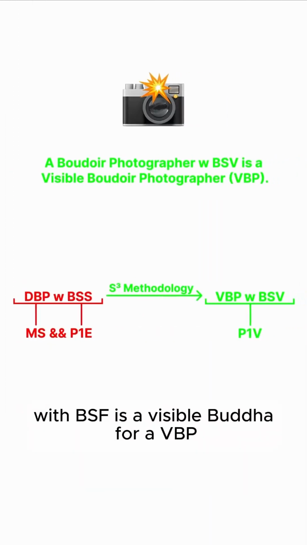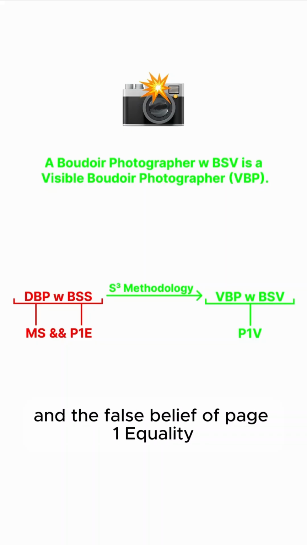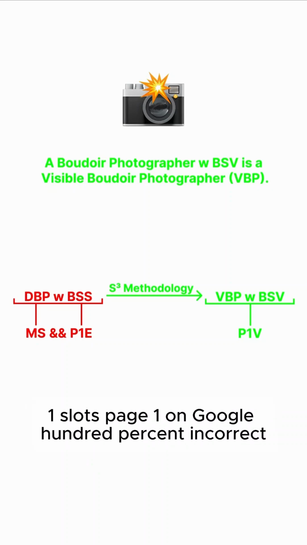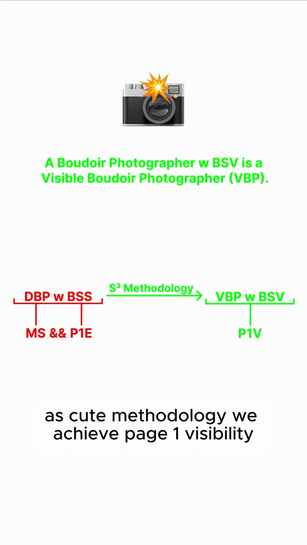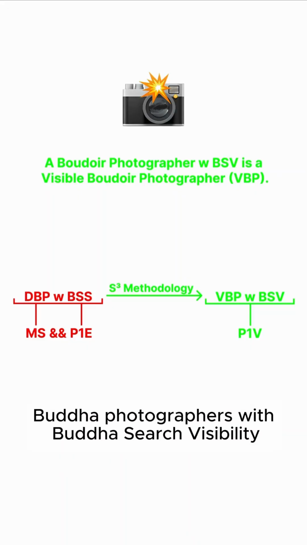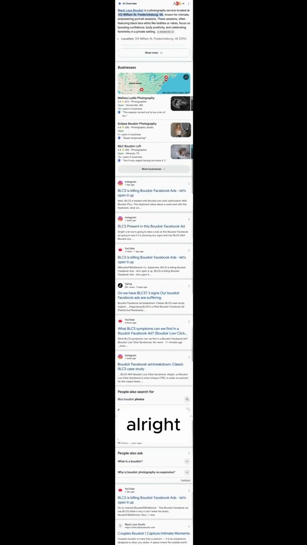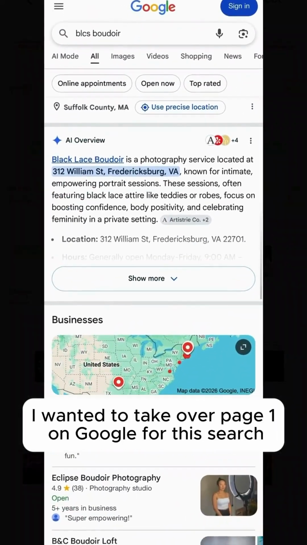And a boudoir photographer with BSV is a visible boudoir photographer, a VBP. So this is our micro universe here. A disappearing boudoir photographer with boudoir search sameness is caused by the dual horns of market saturation and the false belief of page one equality. People thought they simply had to accept having 0 or 1 slots on page one on Google. 100% incorrect. We now know that. We developed a solution, the S-cubed methodology. We achieve page one visibility. We become visible boudoir photographers with boudoir search visibility. All right, my results now utilizing S-cubed methodology. For myself, I wanted to take over page one on Google for this